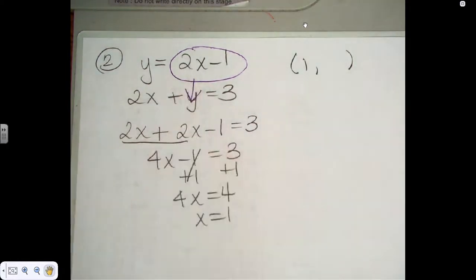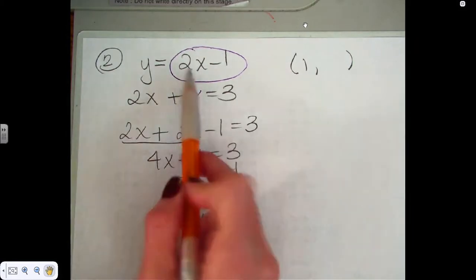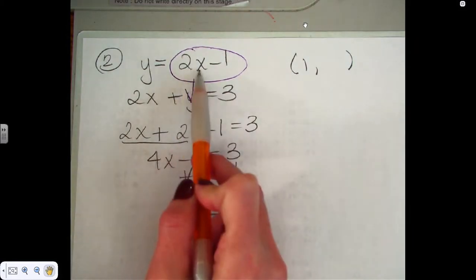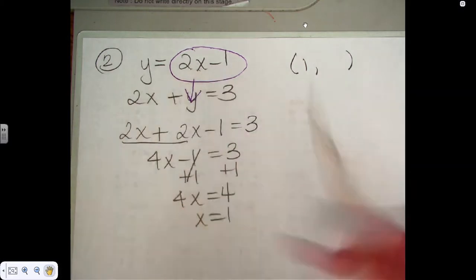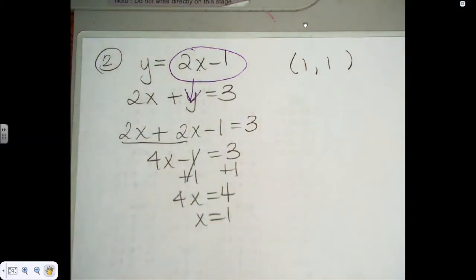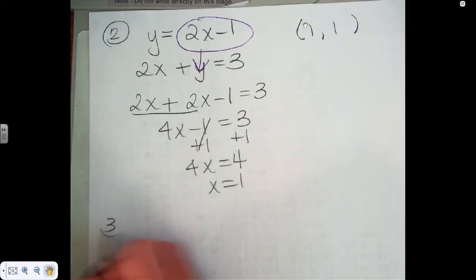Plug this back in. It doesn't matter which equation. It's just easier into here. 2 times 1 is 2. 2 minus 1 is 1. So the solution to this system is (1, 1). And lastly,